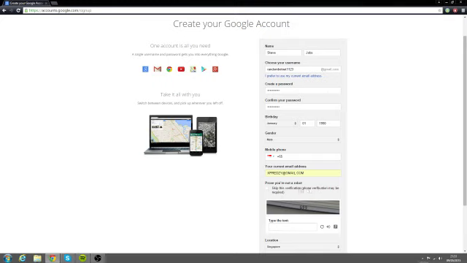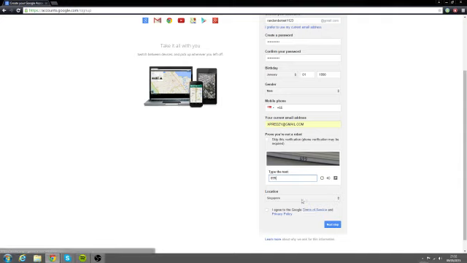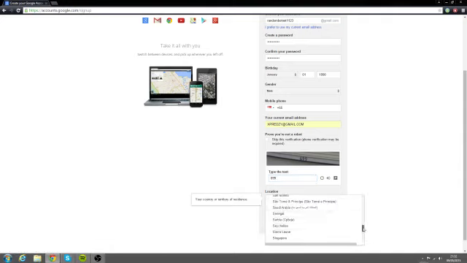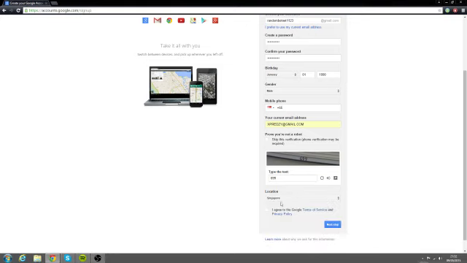And what I suggest you do is create a Hotmail address and put it here instead of a Gmail address, because a Hotmail address does not require phone sign up at all, and you can remain anonymous, so Gmail doesn't have a link to any of your personal identity at all. So you can skip this verification, but in this case we can't skip it